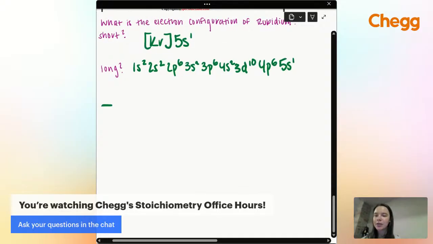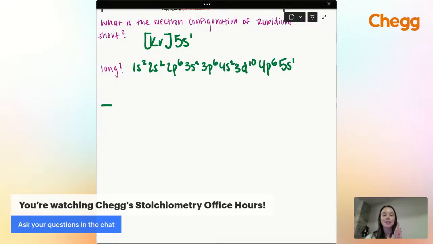This one's hard to type in the chat, but if you want to tell me any of the rules for it as I go along, definitely let me know what you would do, how you would solve this. What I would do is start with our 1s. And so I have 2 electrons present there. I'm going to, again, change my color so that we can all kind of see what's going on. I have 2 electrons there, so I start with an up spin and then a down spin. And that's 1s. Then got my 2s. I have 2 electrons, up spin, down spin.